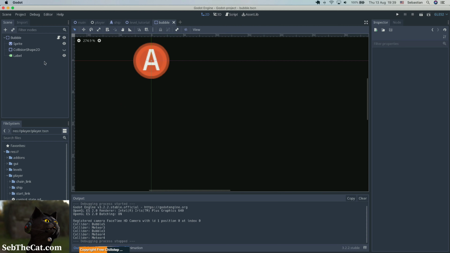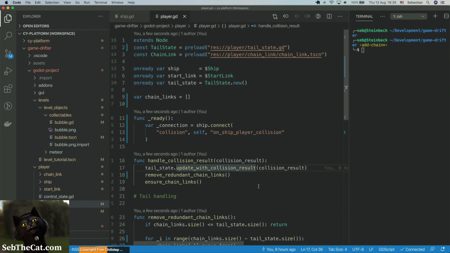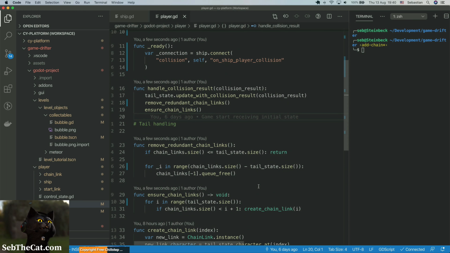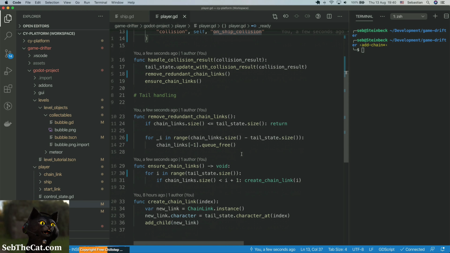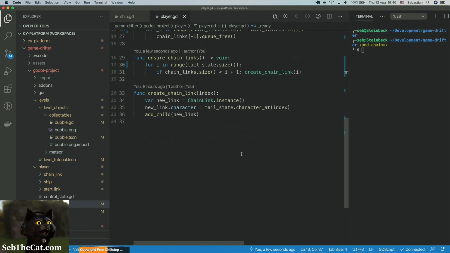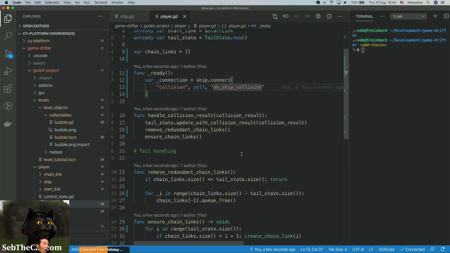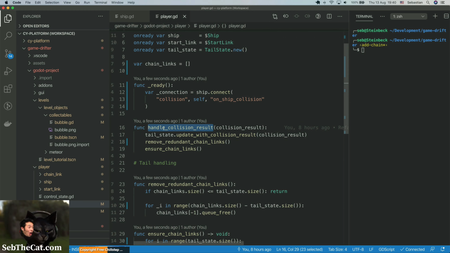So for some reason, I'm not sure if this label, not that label, the player label doesn't seem to be updating. Let's have a look. On ship. Okay, let's call this on ship collision. And then there's no, that should be on